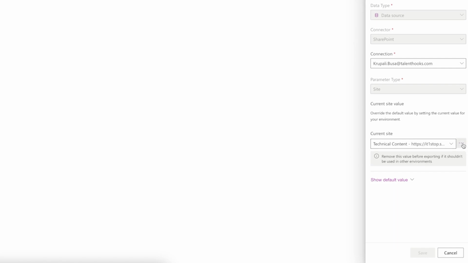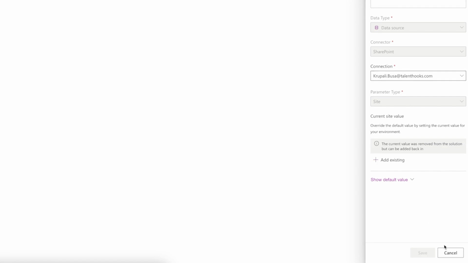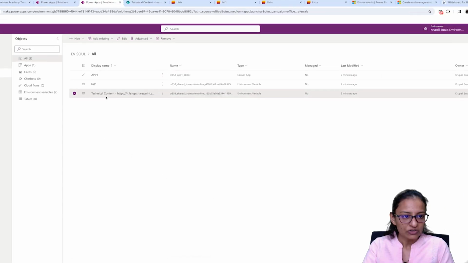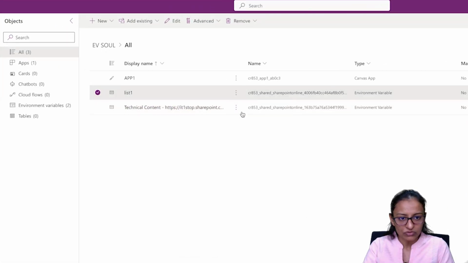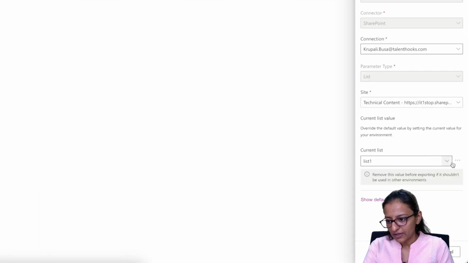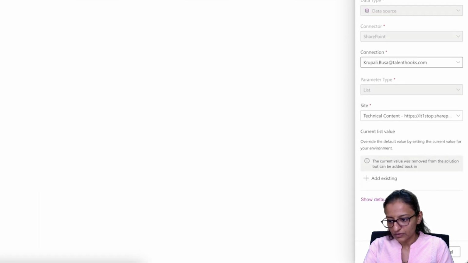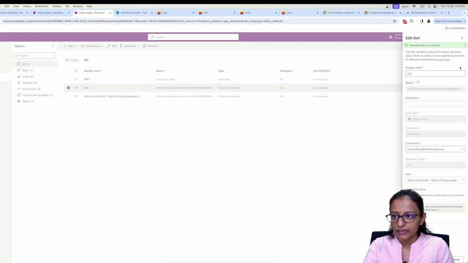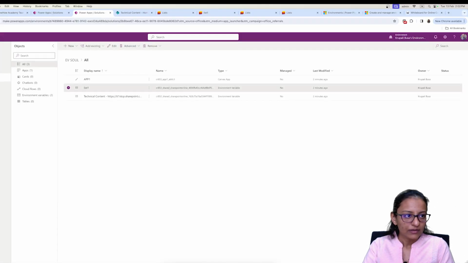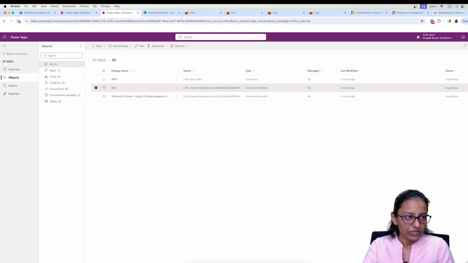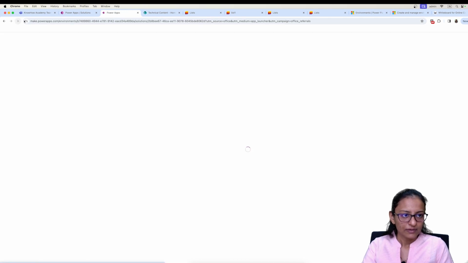and you need to remove this current site. Remember, this is a very important step when you are dealing with environment variables. So remove this. Okay, here make sure the green color sign should be there, and from here also you need to go to edit and remove this. Okay, and just close that, refresh this,